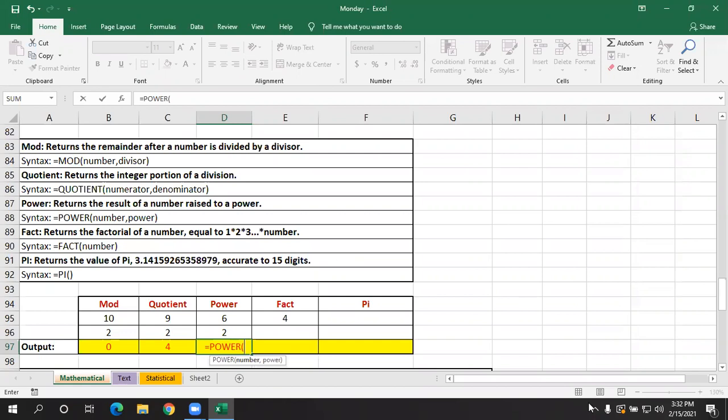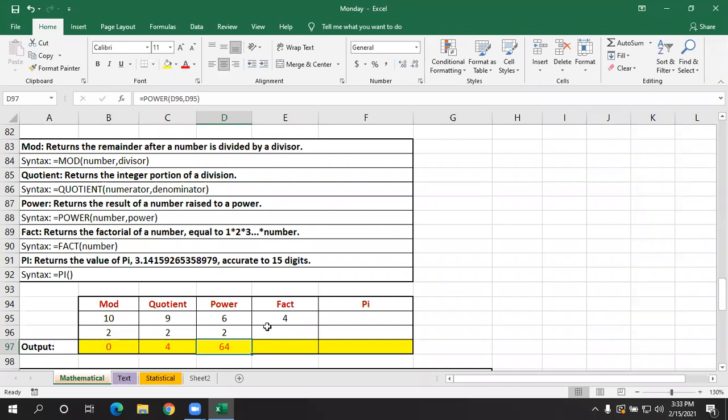Here I had given it directly, but I already entered the data here. So I'll select this number, comma, the power 6, close the parenthesis, press enter. So 2 to the power 6 is how much? It is 64. That means 2 into 2 into 2 into 2 into 2 into 2, you have to multiply 2 six times.